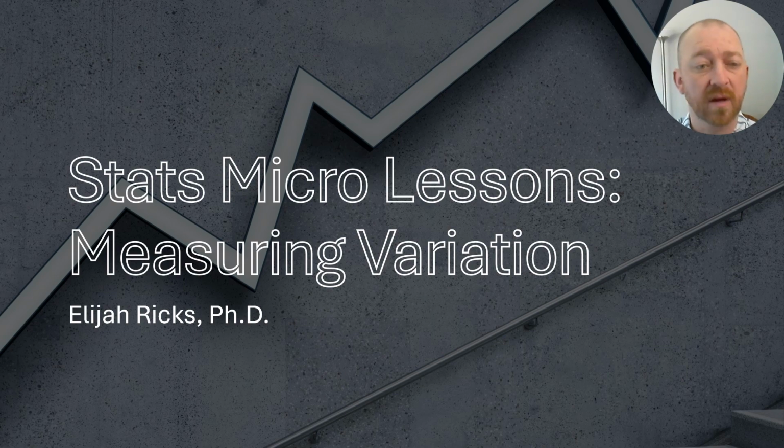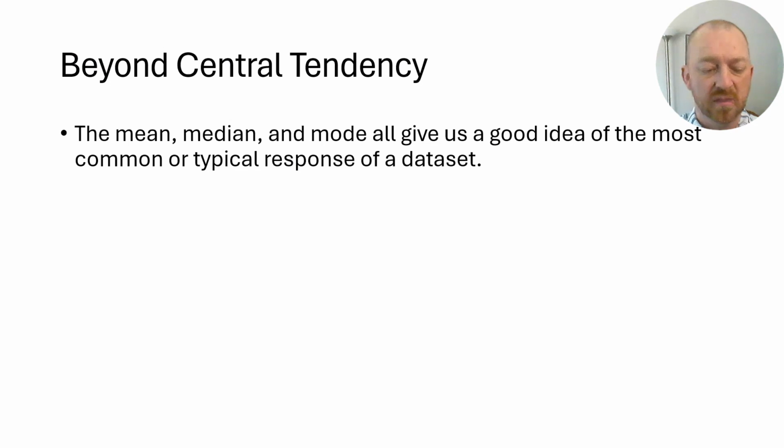Hi everybody, in this video we're going to talk about variability or variation in a data set. So we've already talked about central tendency. Central tendency talks about the sort of average, the typical score. It's sort of one value to represent most of the data set. It's a very good estimate of the sort of general value of the variable, depending on the circumstances of the